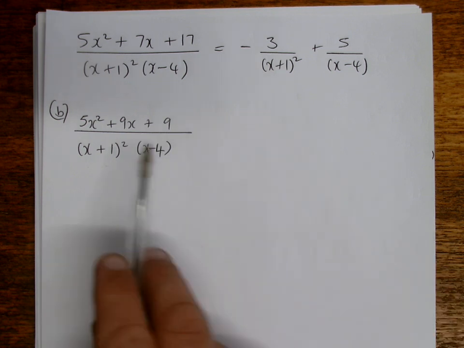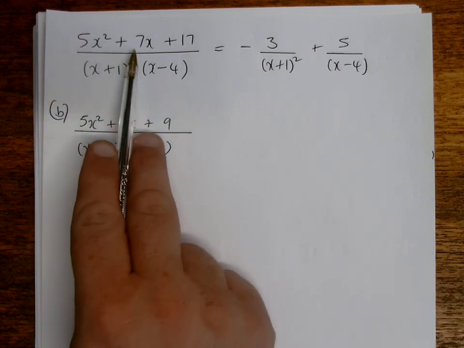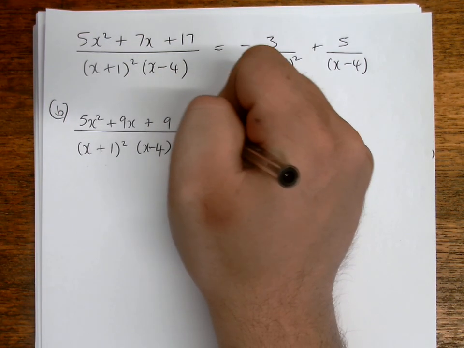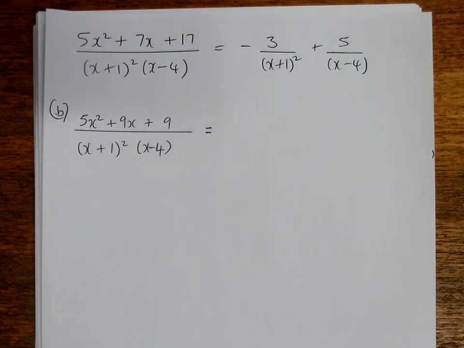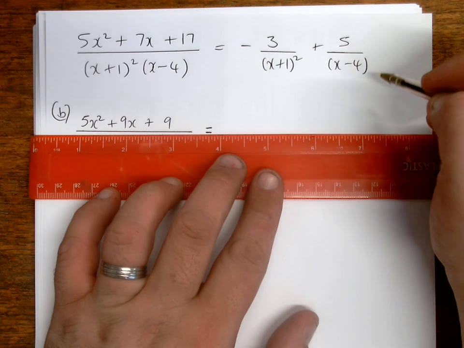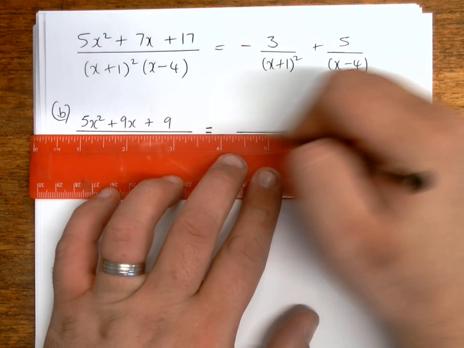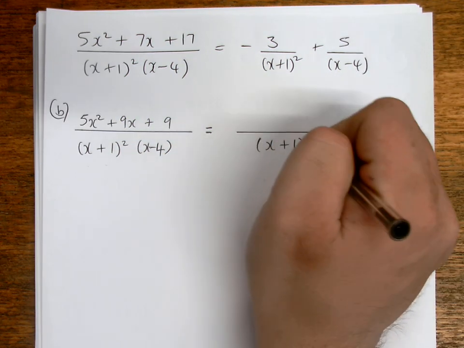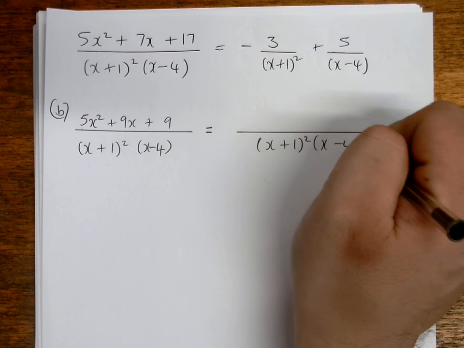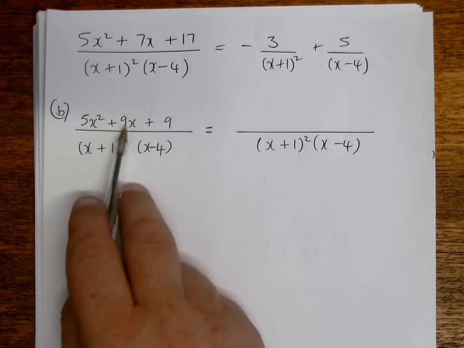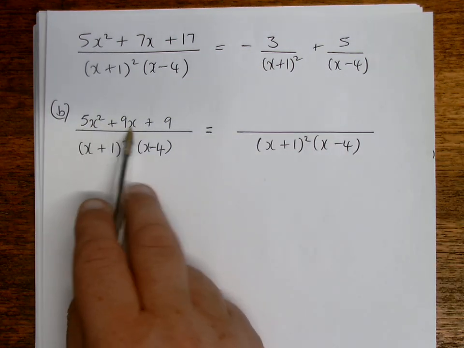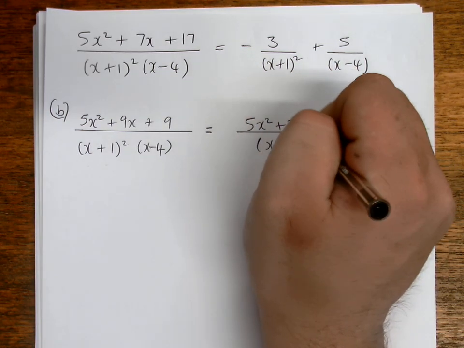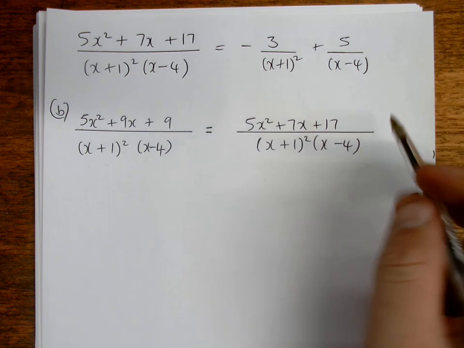Well, we have to compare what we've got here to what the initial expression was, okay? So I can do that by saying this is equal to a slightly bigger fraction here, with the same denominator, so x plus 1 all squared, x minus 4. But what I can do is rewrite this. So instead of saying 5x squared plus 9x plus 9, I can write it as 5x squared plus 7x plus 17, okay, which was